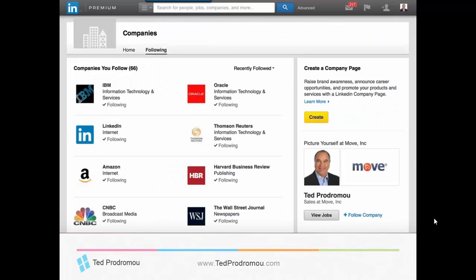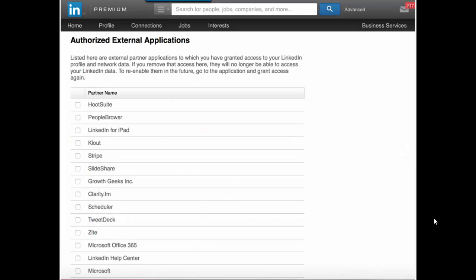Here's companies I'm following. And then here's external applications like Hootsuite. I have that connected here, and LinkedIn. I have a lot of content published from Hootsuite. I queue it up as status updates that get posted 3 or 4 times a day, and then they link to my website to download free chapters of my books. They're literally excerpts from my books that I've had somebody write for me, and then they're in a spreadsheet that I upload to Hootsuite. It automatically queues that up. So as you connect with it, it's like your Twitter account. When you connect your Twitter account to all these applications, it tells you what you're connected to.